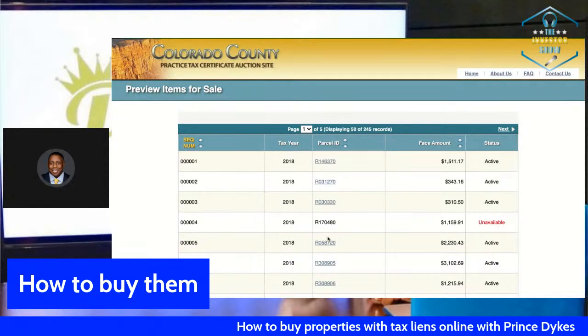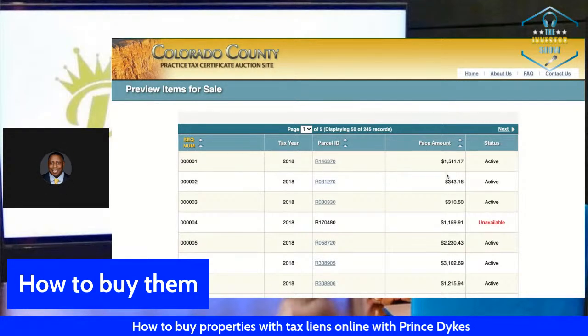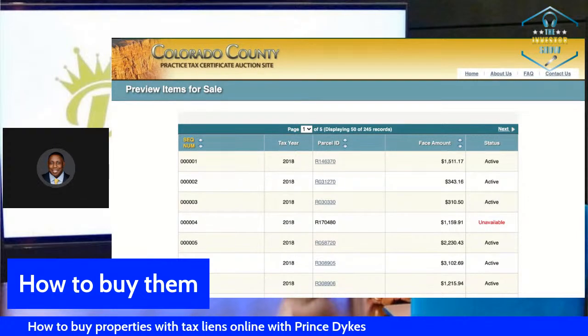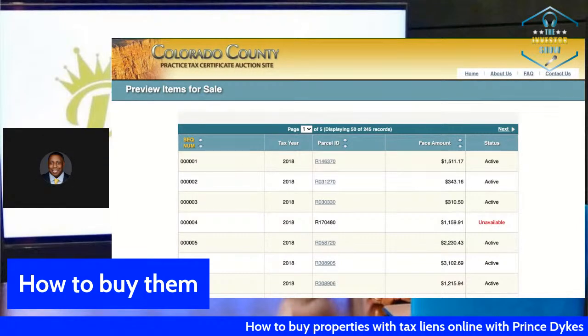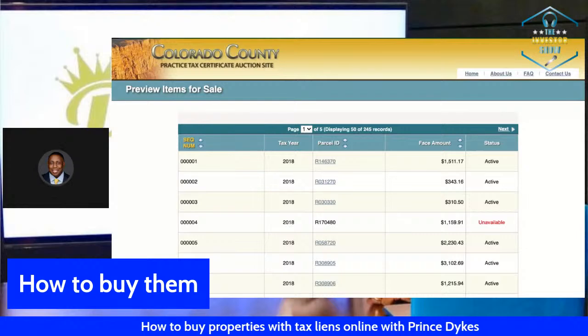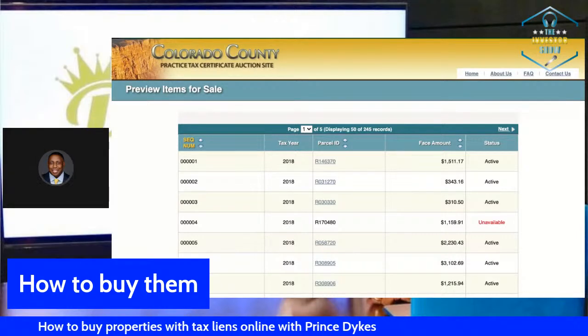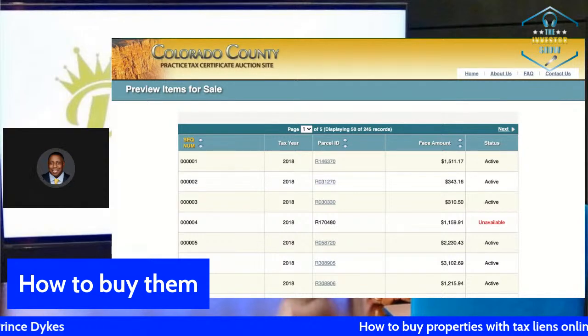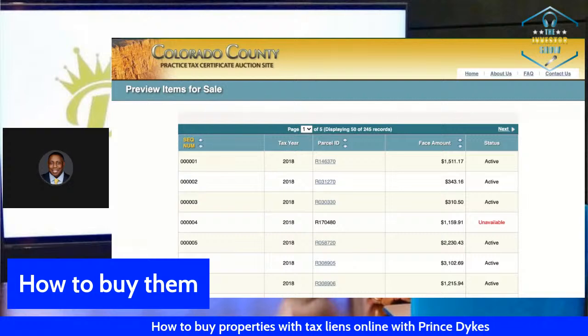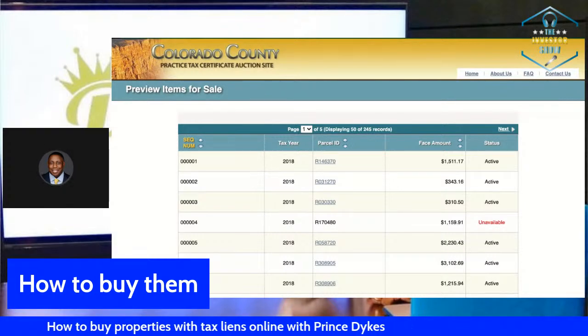This is pretty much the number that belongs to the land, and the face value. This is what they're saying is owed. The face value is pretty much the tax that is owed plus late fees plus advertising fees, whatever fees they want to put onto it. They're like, hey, somebody owns this land. This is what they owe. Now, of course, when they say you bought this at a premium, that means if you raise your hand and say, hey, I'm willing to buy this tax lien for $1,600, $1,700, then that's at a premium. The thing about buying at a premium is that your premium doesn't accrue interest.